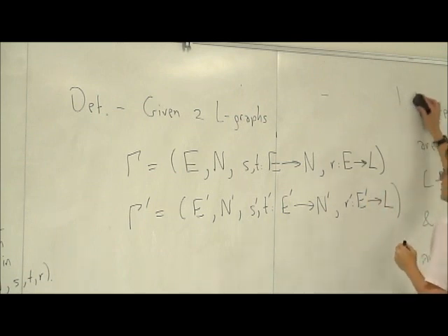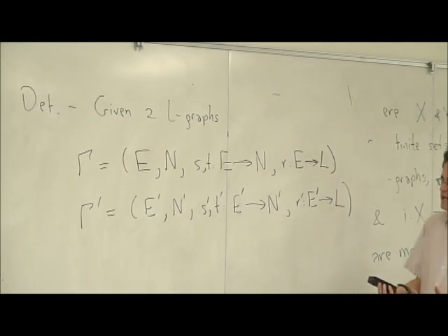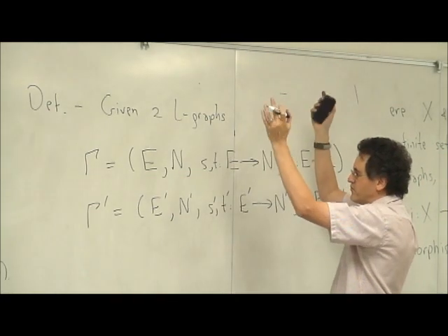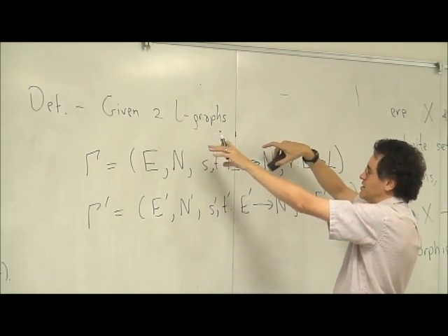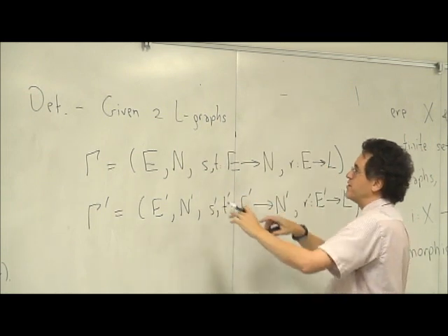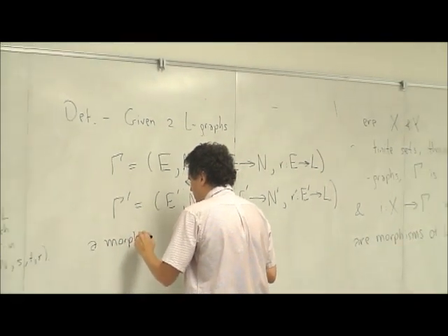Okay. So we've got two of these guys, and I want to know what's the correct notion of a map from one to the other. What's the correct notion of a morphism? Morphism is just like an overeducated way of saying map, right? So a thing going from here to here. Morphism